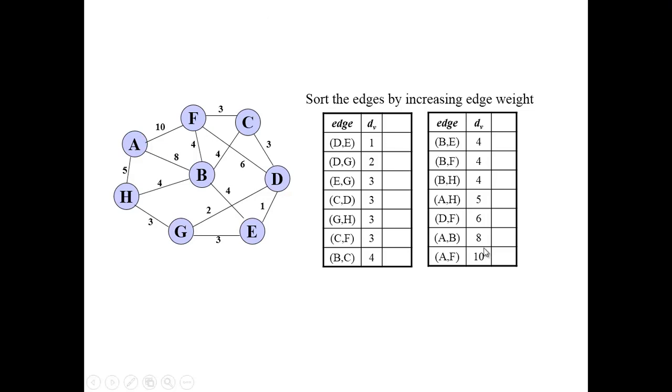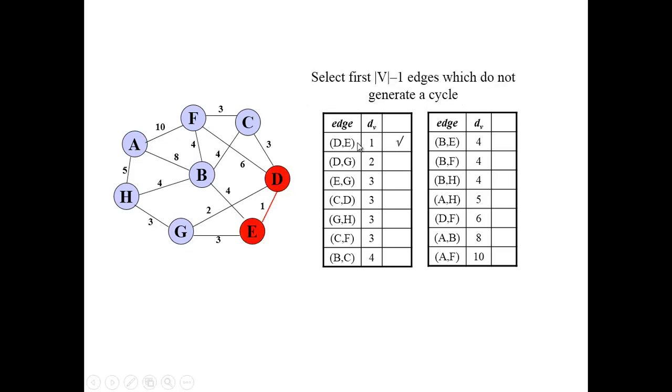You created the list, now you will include the edges one by one, but we have to notice here that we have to select an edge which doesn't create a cycle in a graph. If any edge creates a cycle in the graph, then we don't add that particular edge in our minimum spanning tree. Firstly, we select the minimum weight edge, that is DE, then DG, then EG will not be included because it will create a cycle in the graph.